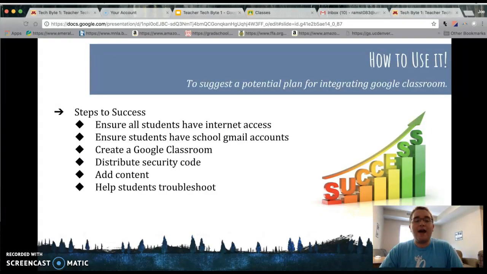Then of course, adding content to your Google Classroom. Another cool feature is, say I teach animal science first semester and my curriculum second semester is going to be pretty close to similar. I can just copy that class over so I don't have to re-upload PowerPoints or activities to my new Google Classroom. And then lastly, helping students troubleshoot along the way. Of course, it's technology. People are going to run into troubles. Wi-Fi is going to crash. Just being there as a resource to help students go through and navigate is an excellent opportunity and something we